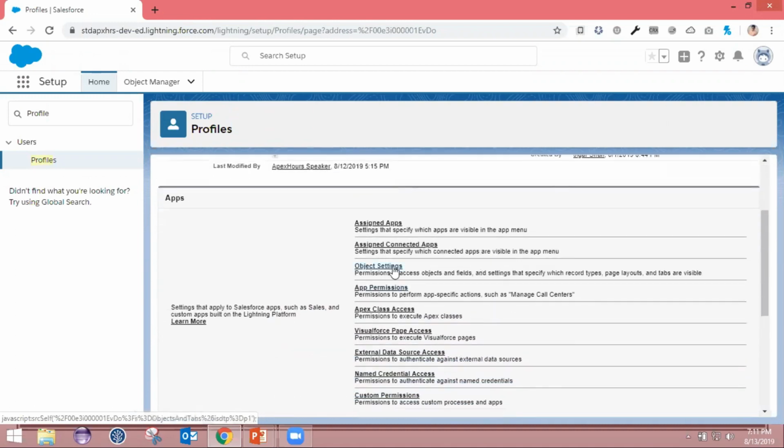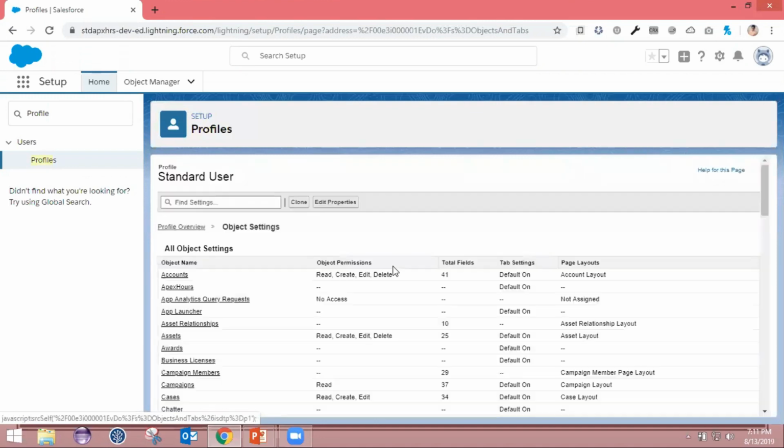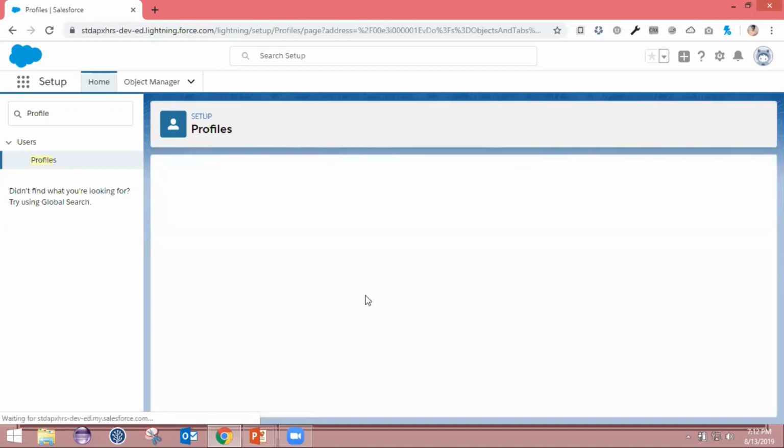If you go to the object settings, here you can see all the available objects from your organization, and next to that you can see what object permissions are available for that object. It gives you the total number of fields. It gives you the tab setting as well, and it gives you the default assigned page layout. If you go to any object, let's say account,